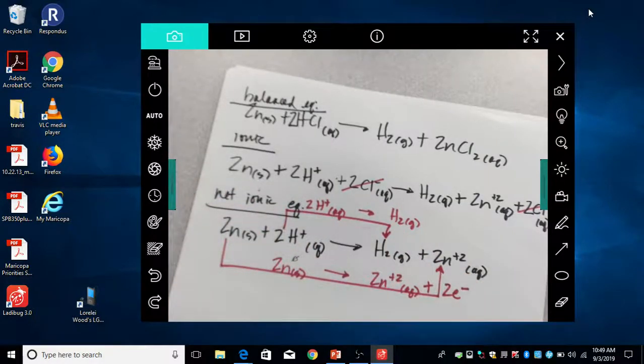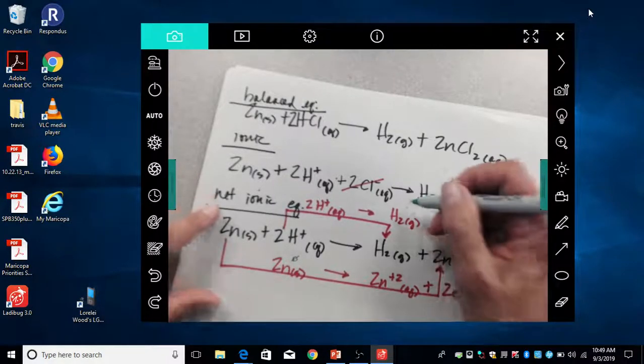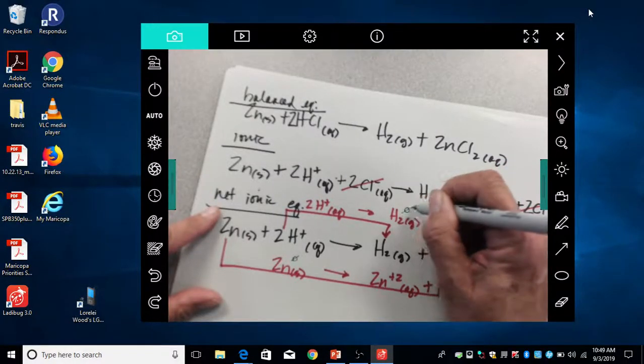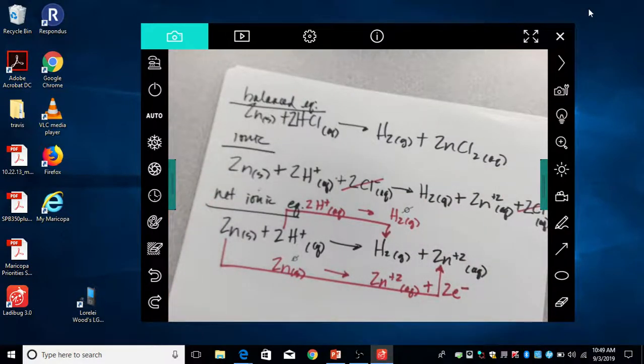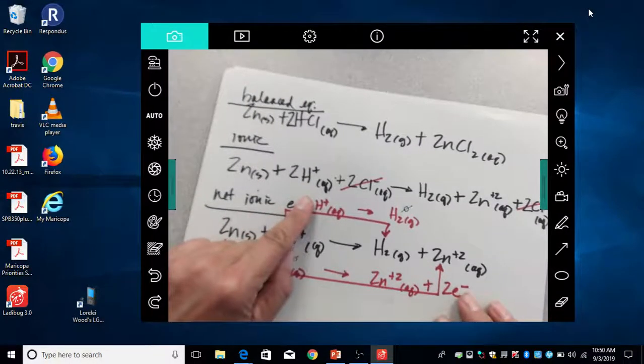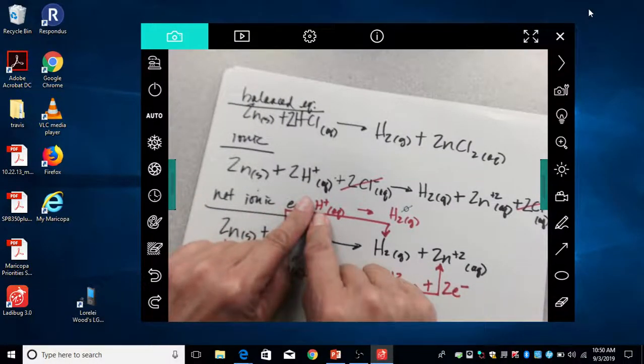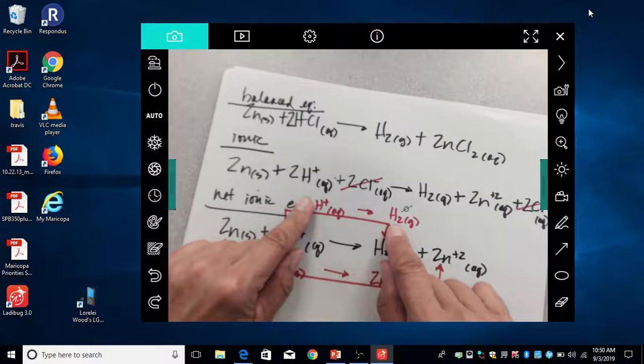Here's another thing that you need to put in your memory banks permanently from here on out, the rest of your life and in this class. Any of the diatomics as a gas always have a 0 charge, meaning they have all the electrons they're supposed to. There's nothing missing or nothing extra. So, knowing that piece of information, if I think about a single hydrogen ion,